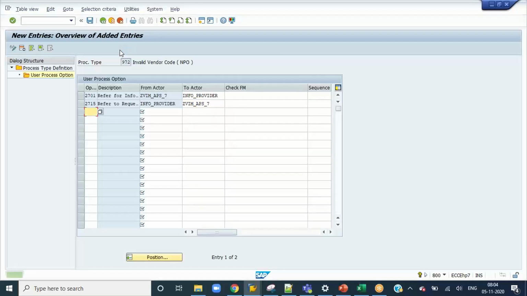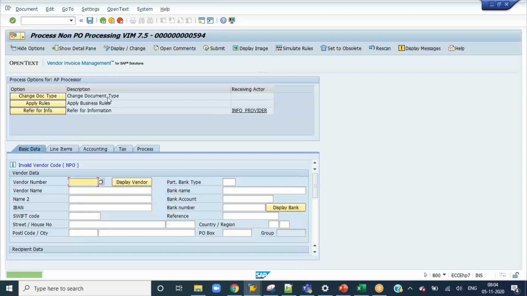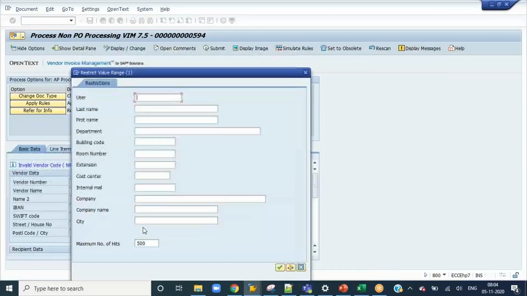So I have added additional buttons. Now you can just click on refer to info provider. So you can see whether these buttons are disabled for the info provider or not. So I'll just go to